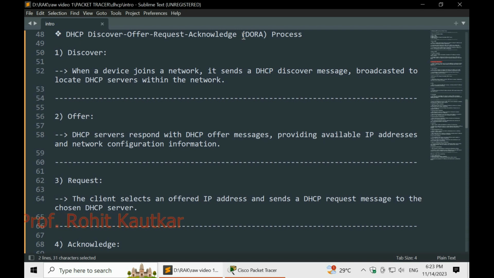This offer message will provide the IP address which is available for assignment, and it will also include other network configurations as we talked about, like subnet mask, default gateway, DNS server address, etc. So the second stage is about getting the offer from the DHCP server regarding an available IP address.